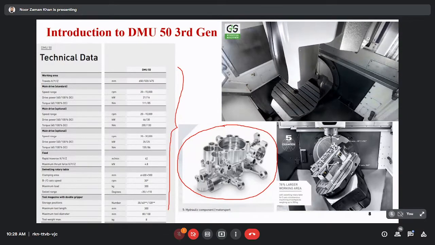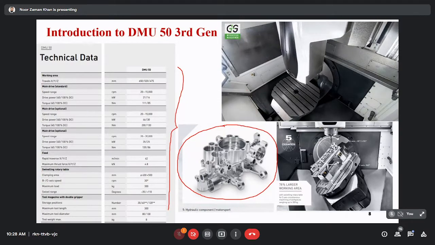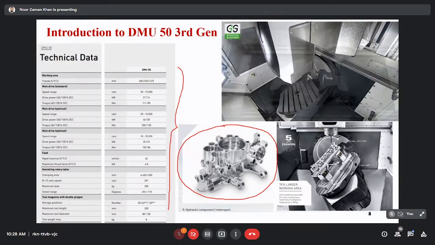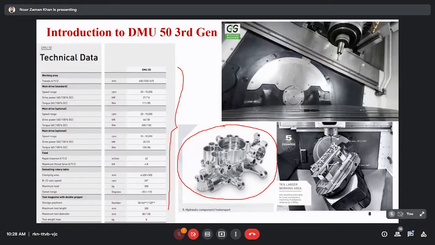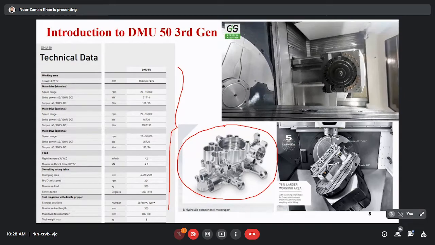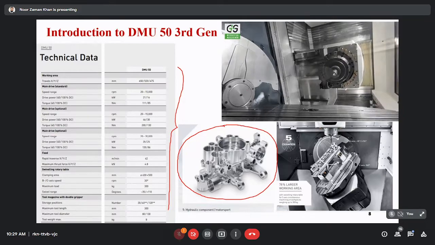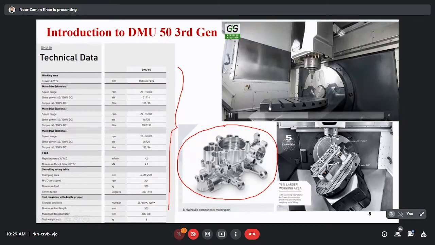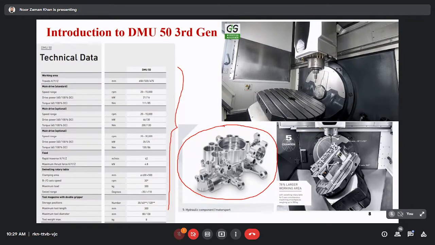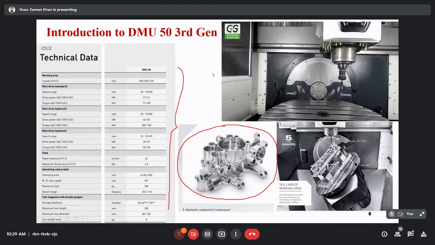And if you talk about the bed, it has a single part iron casting with good stiffness, and it also has active cooling, which is provided for avoiding thermal deformation. In combination with the direct measuring system, the positioning accuracy is very good, 6 micrometers. It also possesses an integrated operating interface, which is very user friendly. So this is all about this 5-axis DMG 50 CNC machine,